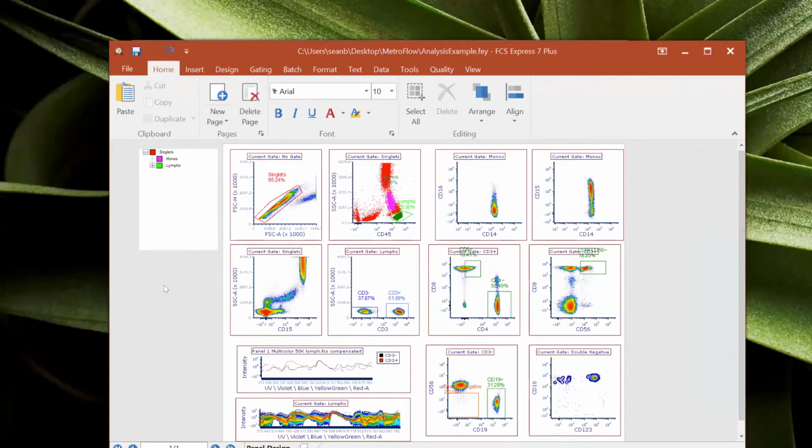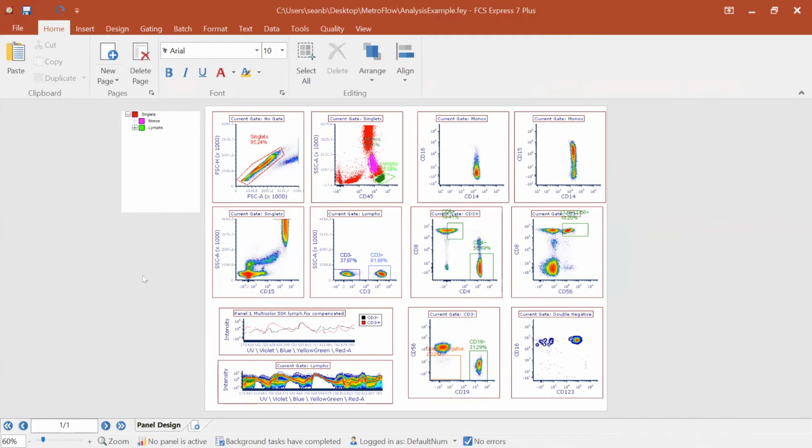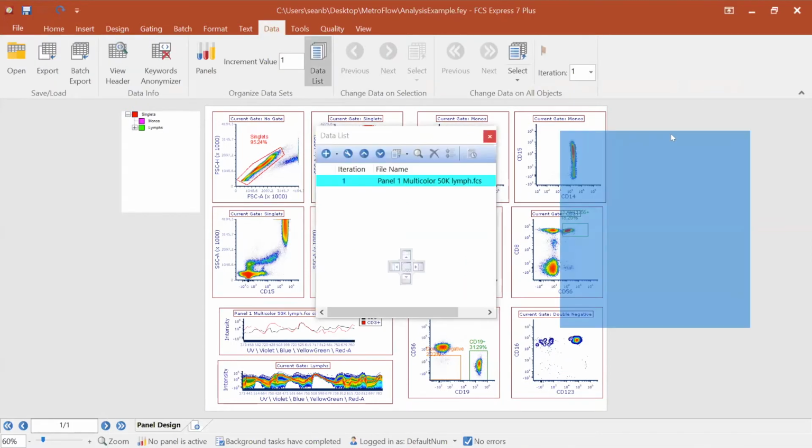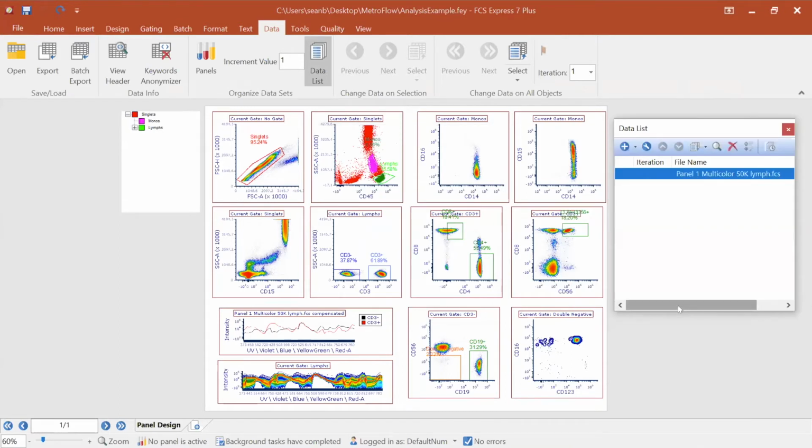So this is an example of some spectral data that was acquired on a SciTech instrument. What you'll notice when we load this data into FCS Express is that we've just loaded in the standard FCS file. But if you're loading in data from the Aurora instrument, or from the Sony instruments, as long as you have the set of data that includes the raw spectral information, and I believe in the Sony instrument they export an SRAW file, in the SciTech instrument it's just about where they store files. So as long as you keep that information in the same place,